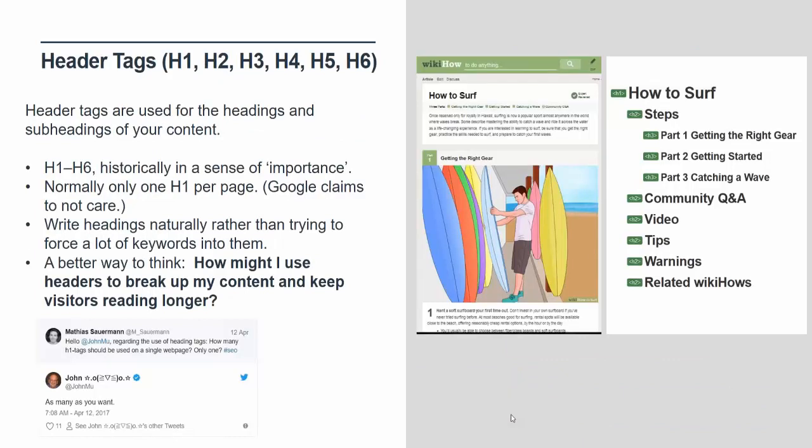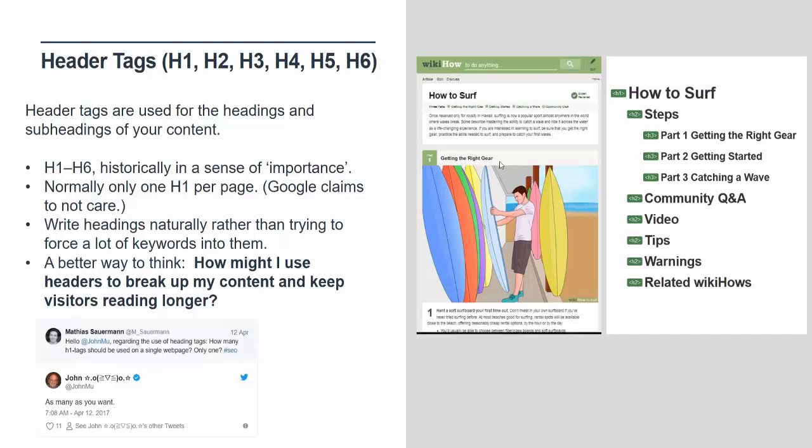As we're nearing the end of this tutorial, I want to call out header tags. And I want to update, since the last time we did an SEO Basics course, there's been one update. Another Google Webmaster Trends analyst commented on how you break your page up with header tags. In this example, the left side really is the web page, and this right side is just how things shake out. But the H1, the first header, heading number 1, was how to surf.